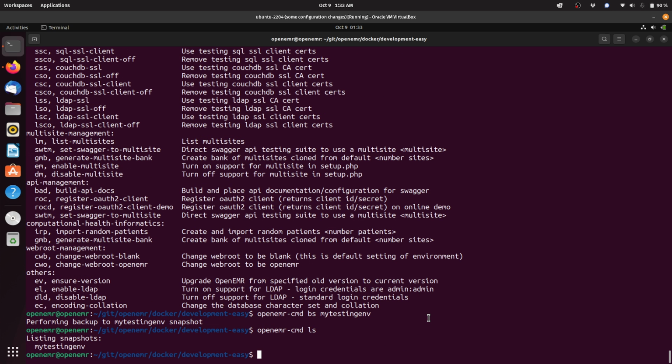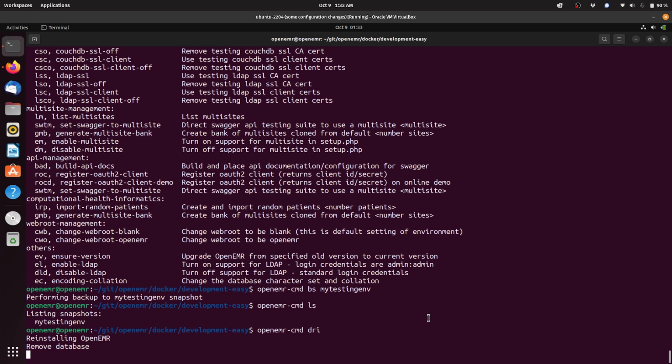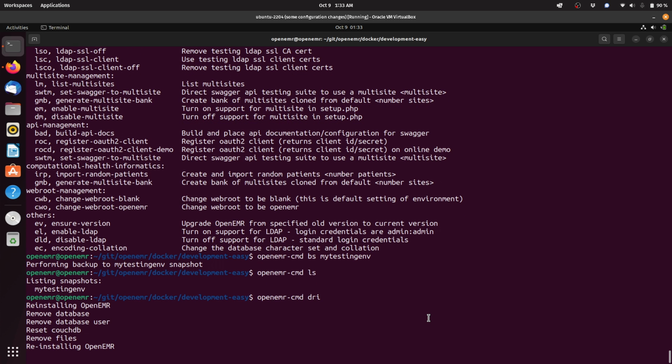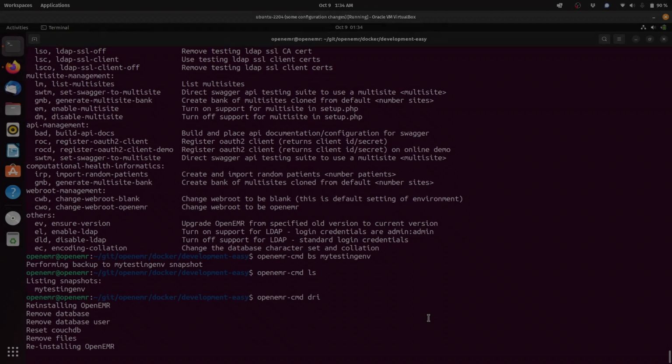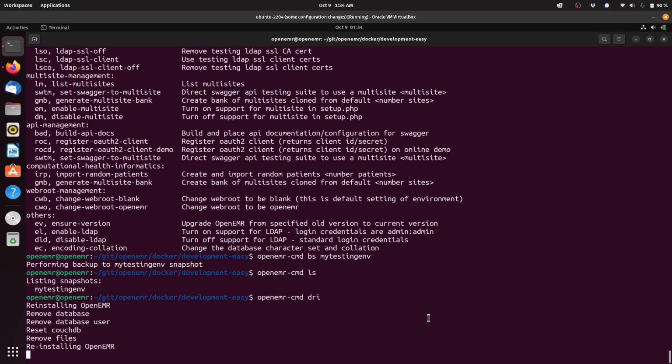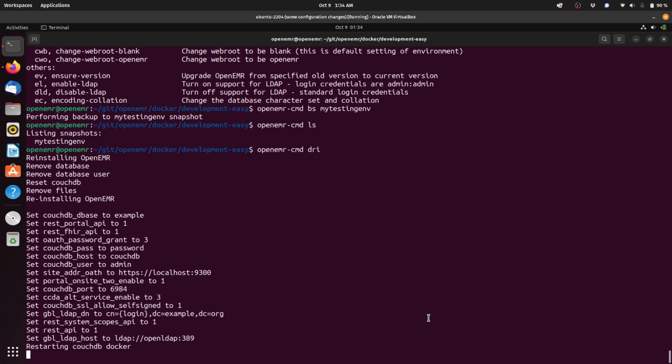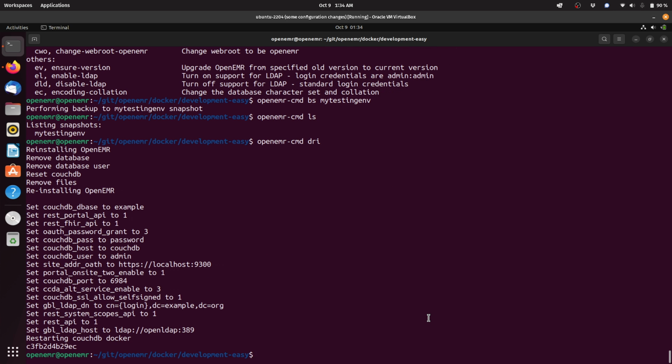So we're going to type OpenEMR-CMD space DRI. This will take several minutes. Well, so we've now reset the testing environment,